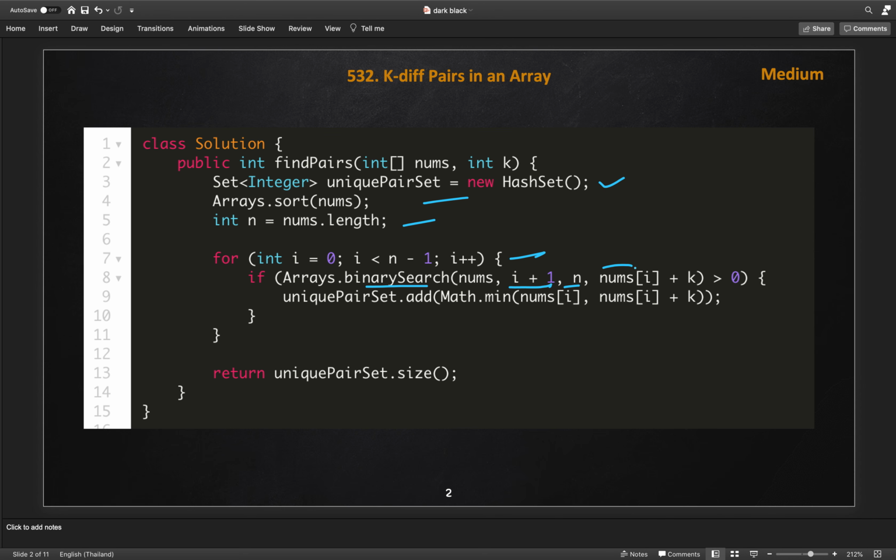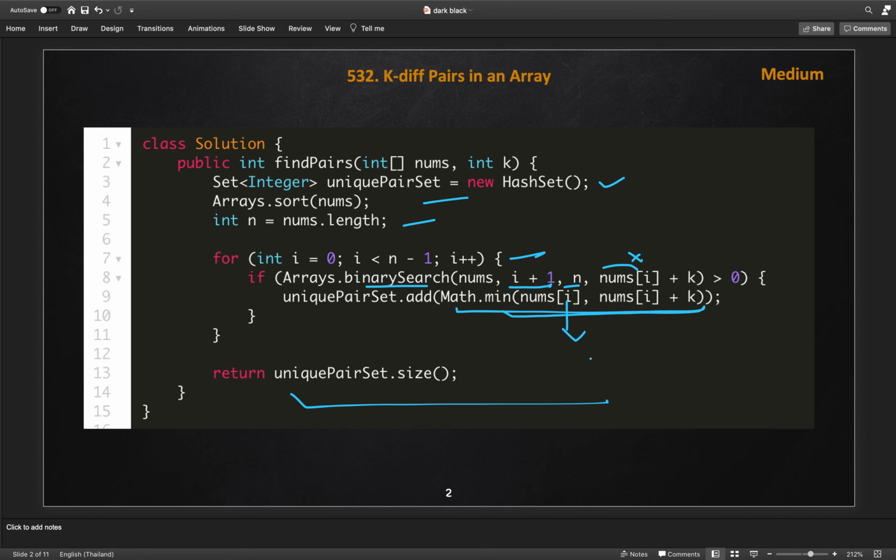So this nums of I is x, and then we will check, and this is returned, basically minus 1, 0, and plus 1. If it is fine, it returns plus 1. If it is not fine, it returns minus 1. So hence we are checking this, comparing, and after that we are just storing. I don't think we need to do minimum here, we just take the nums of I, because we are doing it sorted, so it's not needed to do a min heap function here. In the end we will return the size of this array.